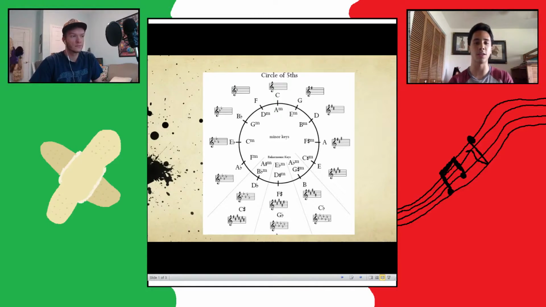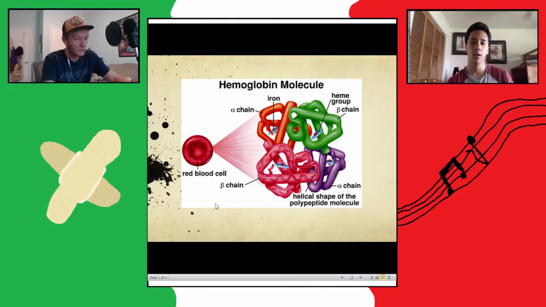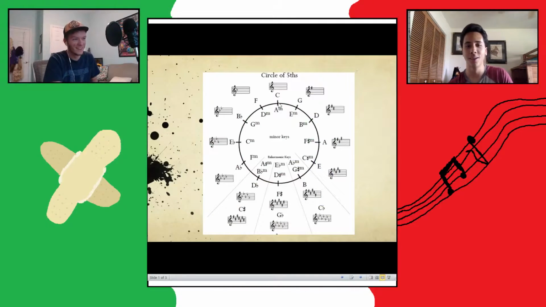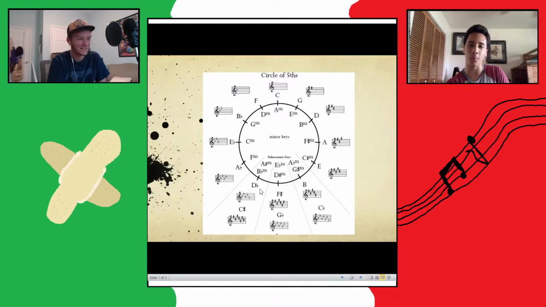So as you can see on the diagram, there's actually key signatures as you move around this circle, and as you're moving around, depending on which direction you're going, there's actually a pattern happening with the key signature. So, for example, if you start in the middle here with C, the C major, as you move around it clockwise, you're adding a sharp until we get all the way down to F sharp, also known as G flat,